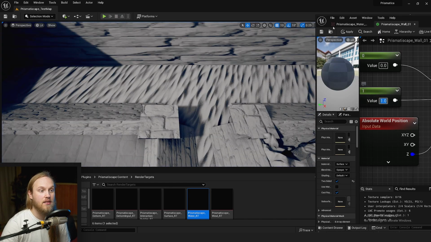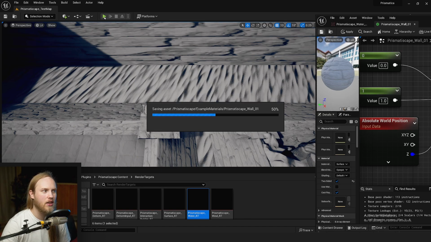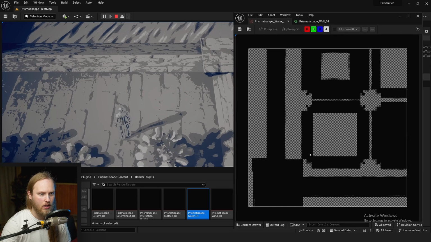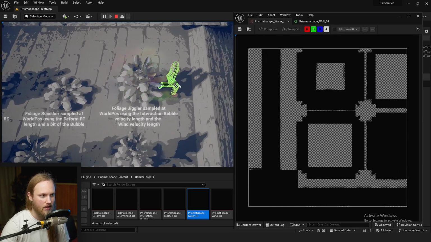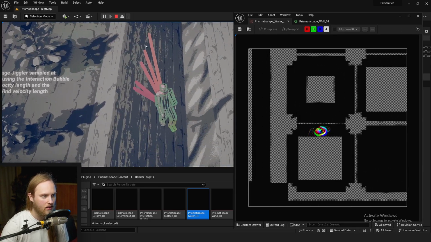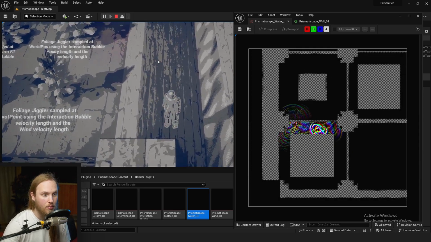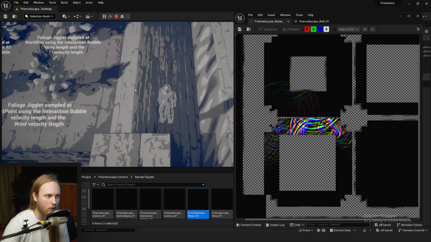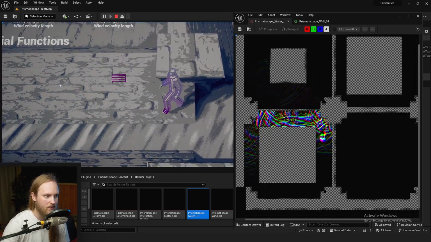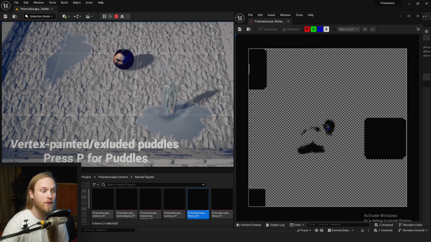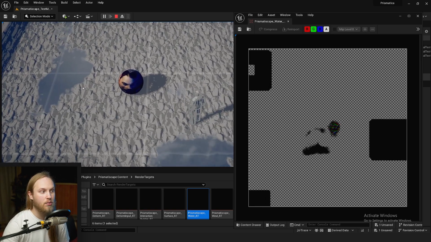And then if it's set to 1, it will essentially act as a body of water, according to this render target. So you can see here, even though we're not actually seeing any ripples, ripples are still propagating through this stuff. Now, one important thing to note is that you can use vertex color to enable and